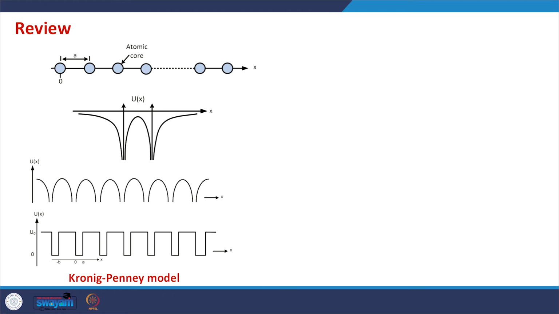how an electron behaves in actual solids, and we considered the case of a 1D solid. A 1D solid has atomic arrangement, or to be more precise, atomic cores arranged in this way, and the potential energy of the electron due to two of these cores will look like this, and the potential energy of the electron because of the entire chain of atoms, because of the entire 1D solid, will look something like this. With this potential energy we need to solve the Schrodinger equation in order to precisely determine the